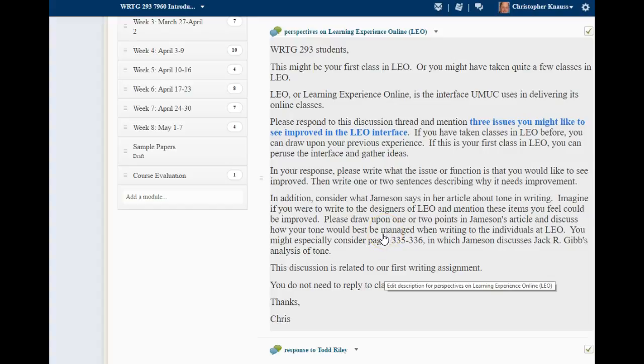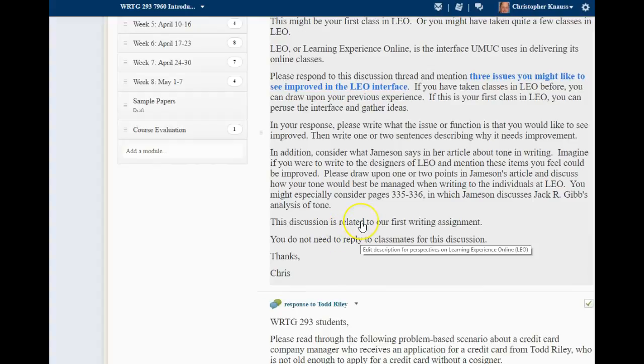Write a discussion board post and try to use a proper tone and talk about 2 points, or the tone that you should use. How would you write an email that you would want to receive, that would keep the business, that would get the discussion going, so that you can get the changes in Leo that you want to have done. And a lot of that is working with people, and if you have a good, friendly, professional tone, you'll get the response that you're looking for.